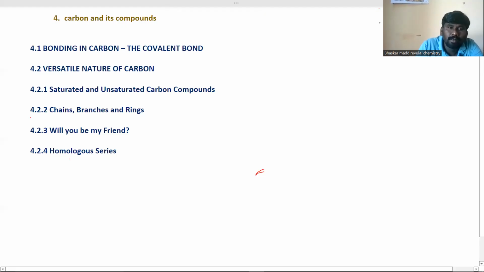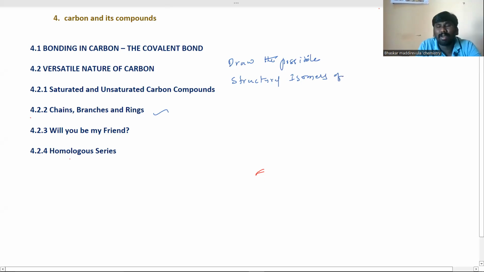Now we'll see how they will ask questions from 4.2.2. Mostly from here they'll ask you to draw the possible structural isomers. They'll ask a question like this: draw the possible structural isomers by giving one compound. They may ask from the alkanes. For example,